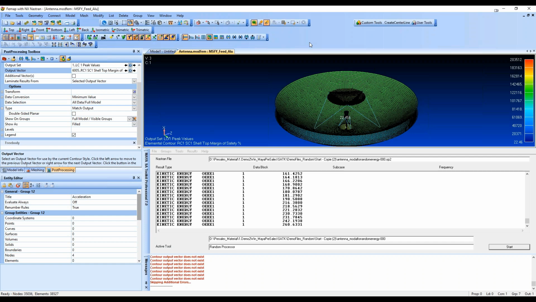And then, all right. And do you have any plans of embedding? I mean, NX already has a